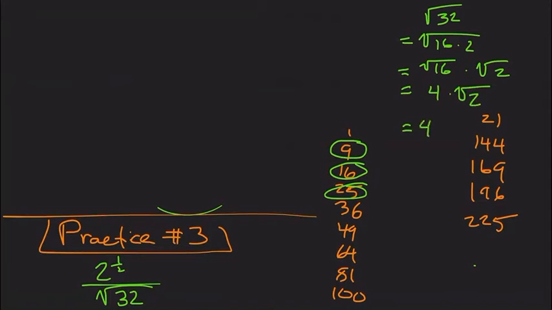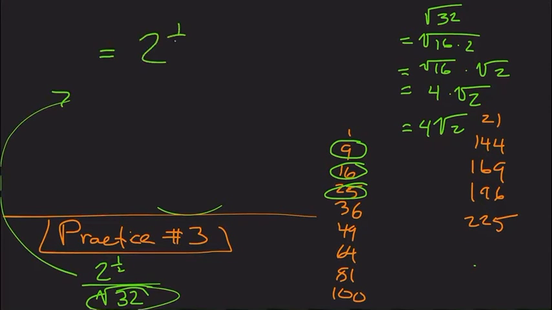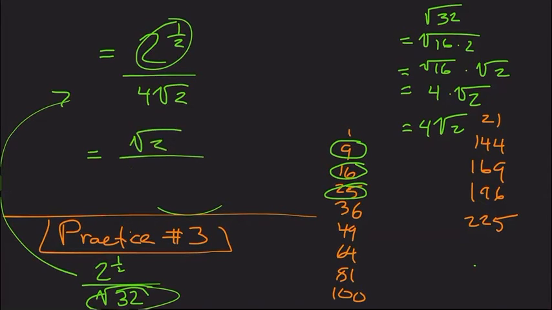Squish them together, 4 rad 2. So we can rewrite square root 32 as 4 rad 2. So we have 2 to the 1/2 power over 4 rad 2. We can rewrite 2 to the 1/2 power as rad 2. We have the same thing on top, same thing on bottom, so these cancel each other out, leaving us with